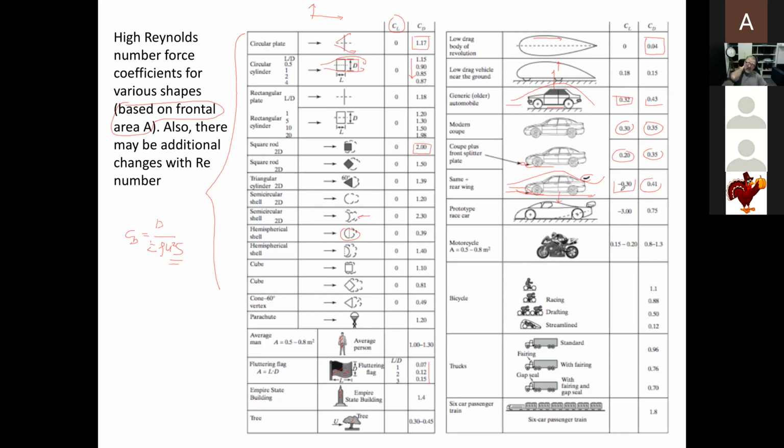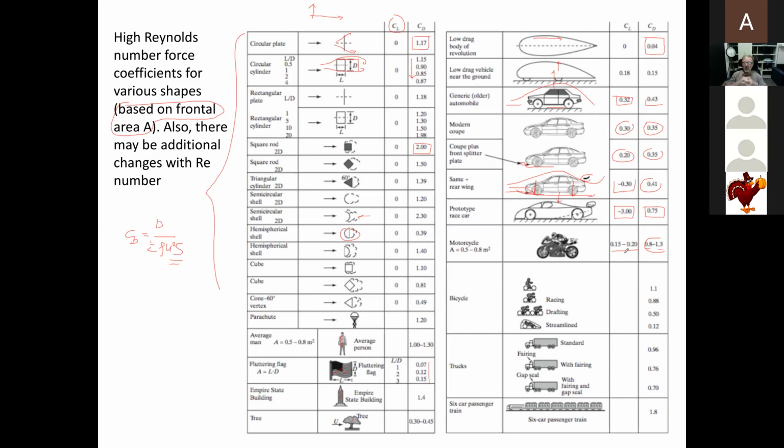Why do you want to have negative force? Because you want the tire to stick to the ground more. You want to push more on the tire to increase the friction coefficient of the rubber against the road. Again, race cars do that, and then they can go to -3, but that costs them almost doubling the drag. Motorcycles, if you lean forward, you get 0.8. If you stand up straight like an off-road bike, and the same way, they also have a lift coefficient. Numbers for bicycles, okay, we don't have a lift coefficient,